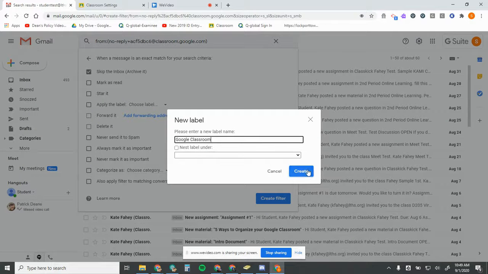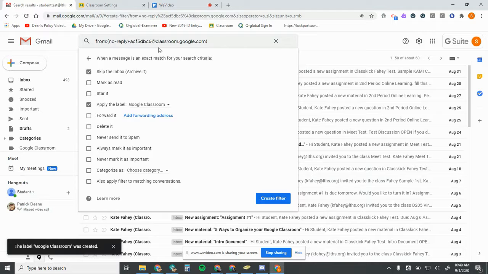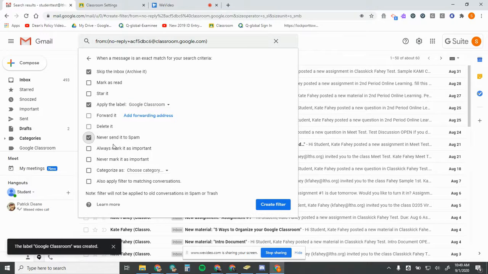And anything from this message ID up here will go to that label. It'll skip my inbox, and it'll go right to the classroom. Never send it to spam though. We want to make sure it stays right where we can see it and use it if we need to. And then I always like to also apply a filter to the matching conversations. This will go through my inbox and grab anything else that matches that. If I create this filter,